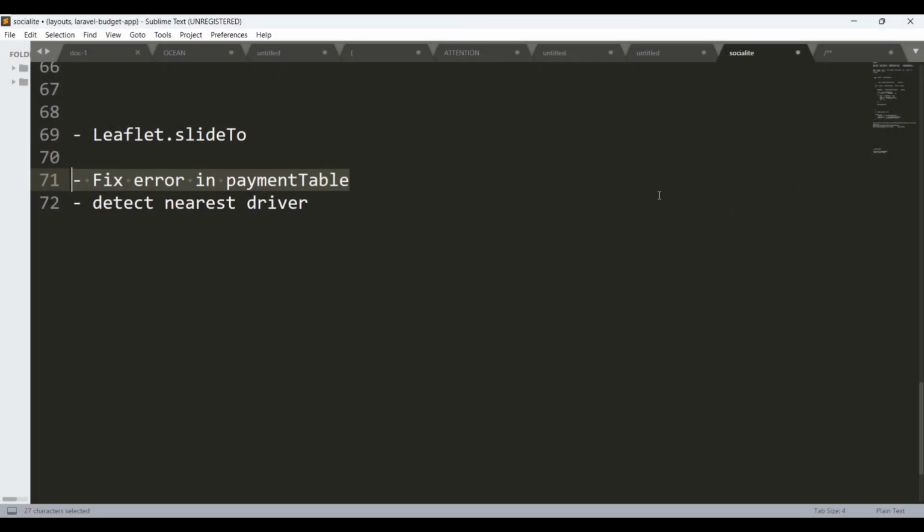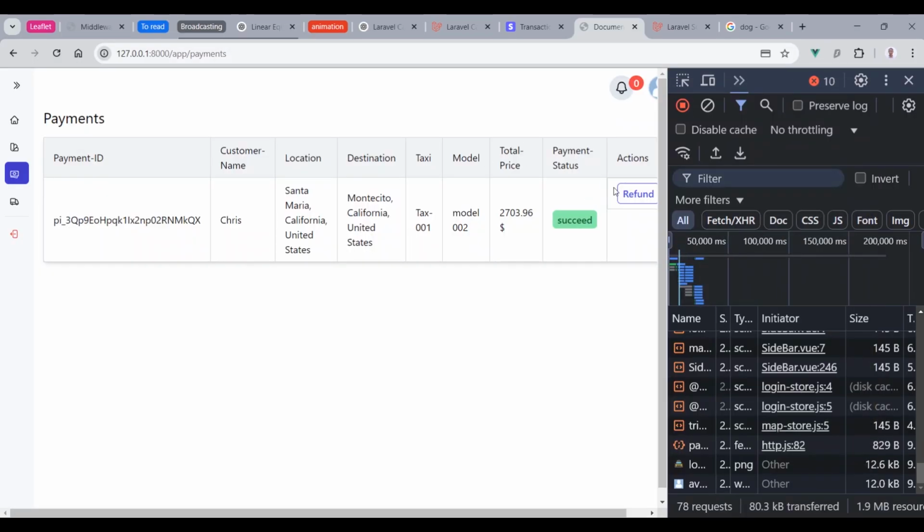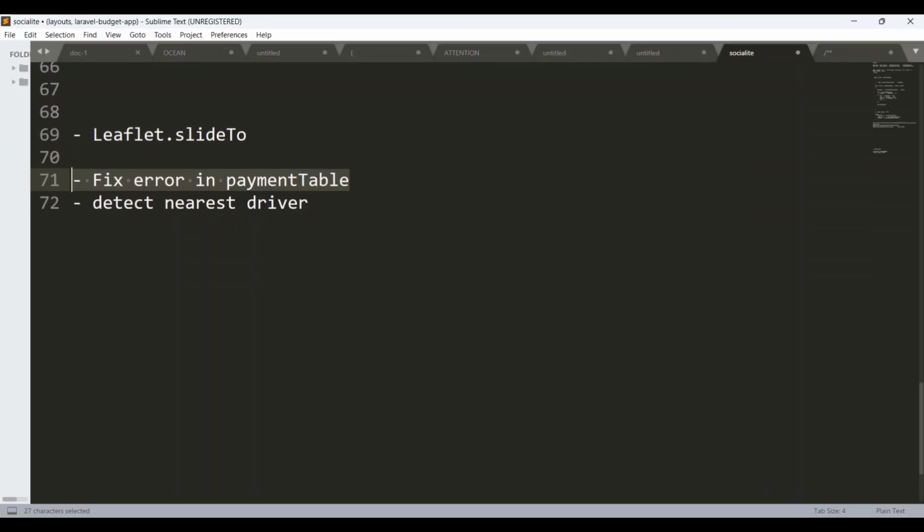Alright guys, in this part, I'm going to fix an error inside the payment table. We're going to fix the error behind this button that we didn't recognize. In previous parts, I taught how to use the leaflet.slide2 plugin. We learned how to move a marker from one point to another. Now, after fixing the error inside the payment table, we are going to learn how to detect the nearest driver